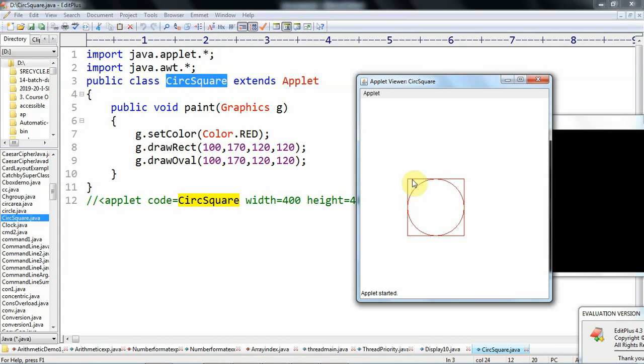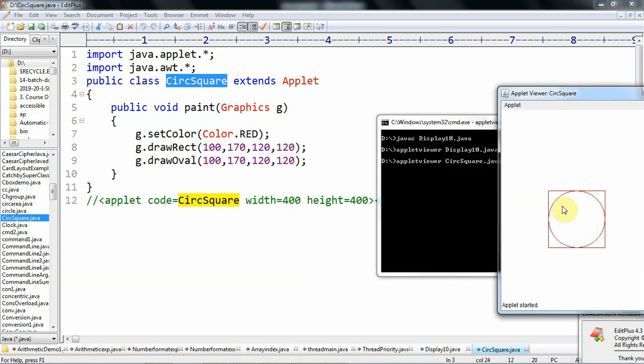From this point 120 pixels width and 120 pixels height. Like the drawOval also, 100 pixels on the x-axis and 170 pixels on the y-axis. From this point the oval is drawn, with the same length and same breadth, so that's why it is inserted within the square. So this is the program that draws a circle inside a square.